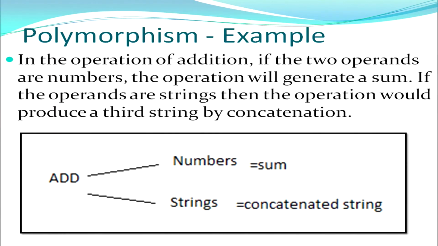It will be further clear from this particular example. If there are numbers, say 3 plus 9, it will give you the sum. If there are strings, say my and book, then it will give you my book. So, that is how it is behaving differently with numbers, where it is doing the addition operation, and with strings, where it is appending or concatenating the strings. Concatenating means adding one after another. So, if I give two strings my and book, it will add the two strings together and show my book without any space.